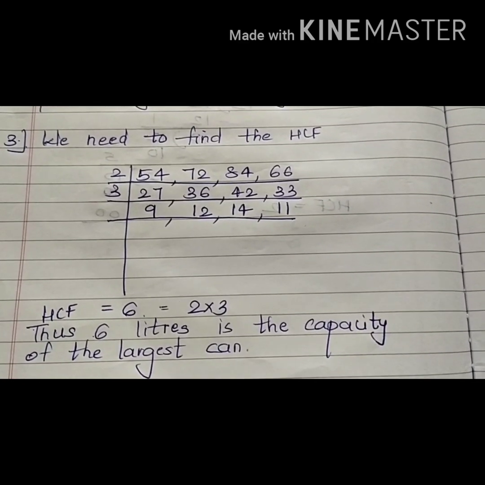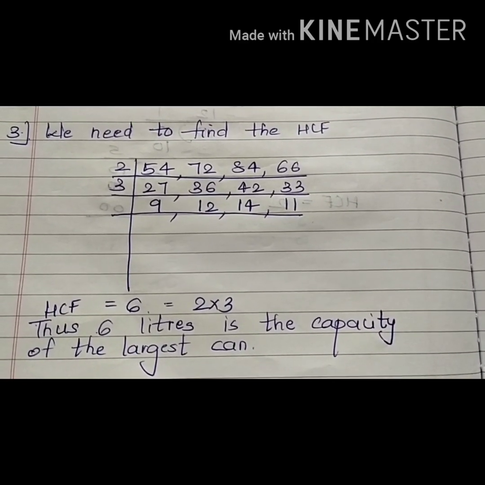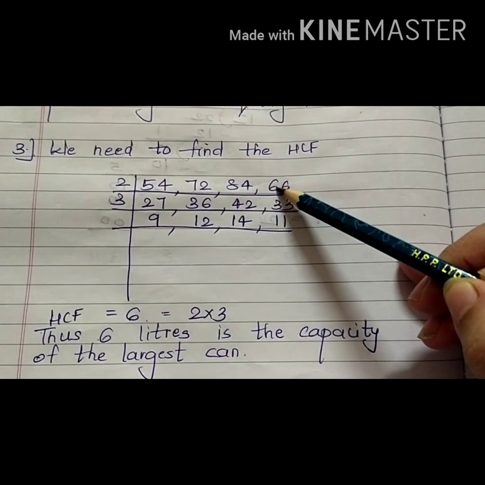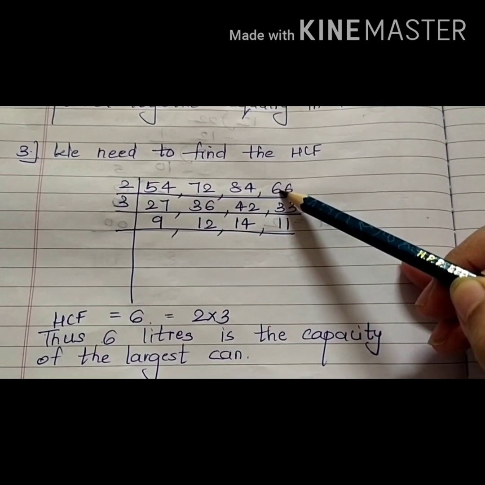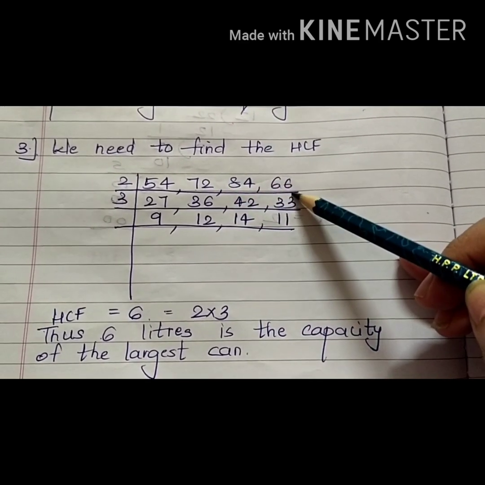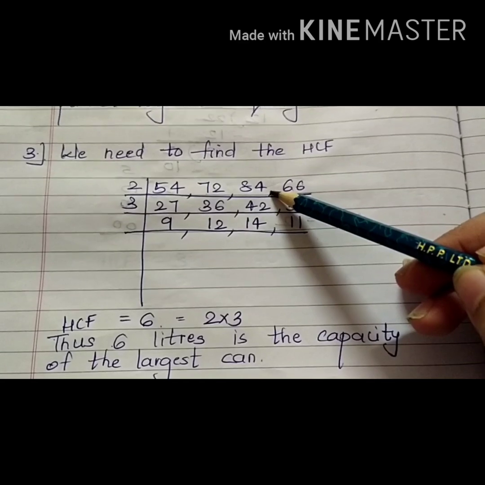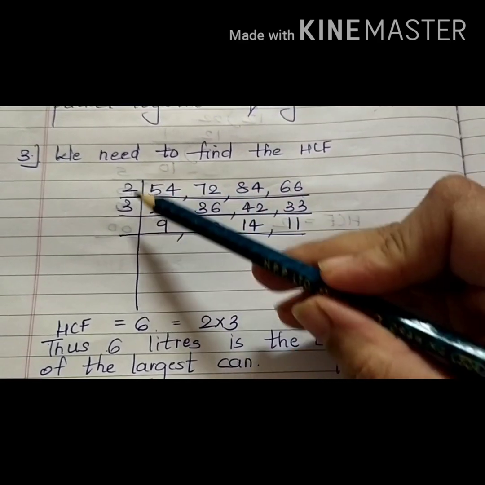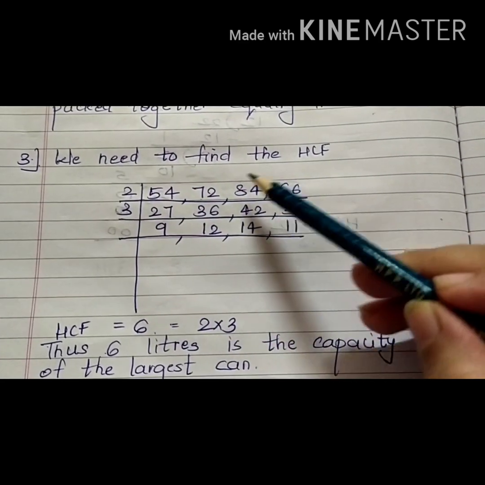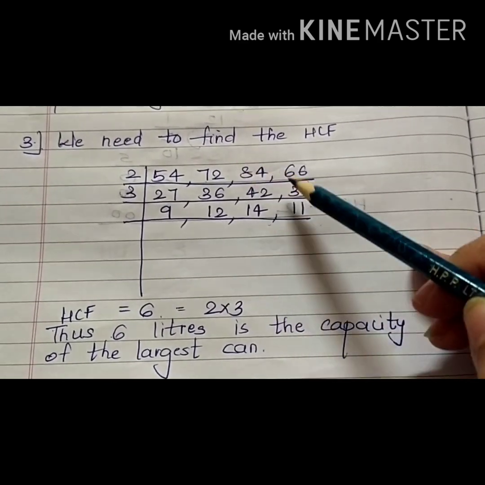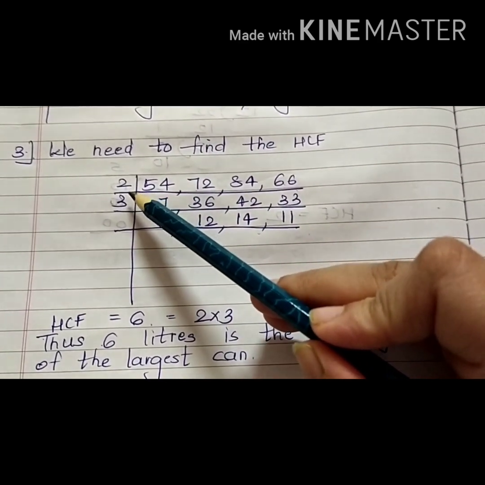So again I will be finding the HCF of the 4 numbers, that is 54, 72, 84 and 66. As you all can see, even if the numbers are more, and before solving we imagine, oh god, how long this sum will be, but using this method the sum has really become short, if you can see, by using the method of prime factorization, that is common division. So now I start my division.